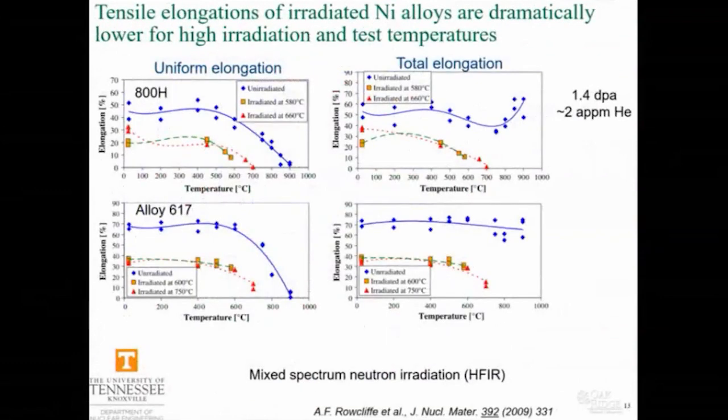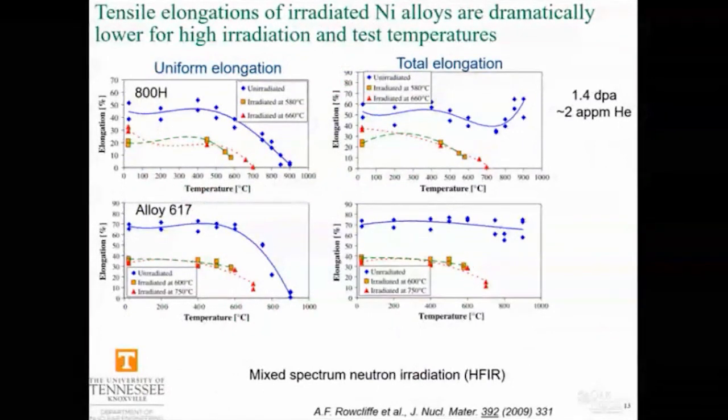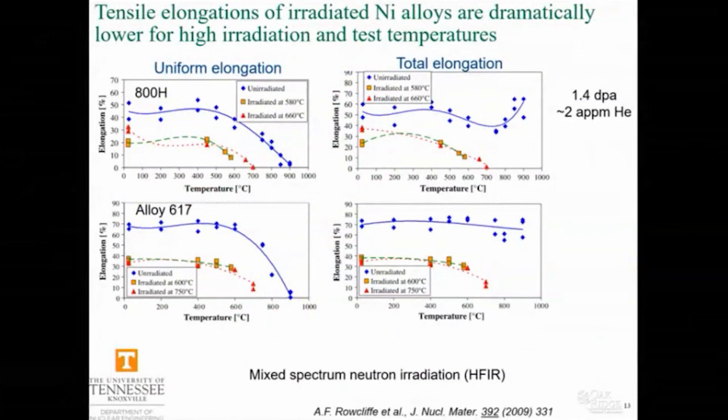Some more tensile data, about 2 atomic part per million helium, about a DPA. Again, DPA is not really the important parameter from this. So looking at uniform and total elongation for 2 different nickel-based alloys, 800H and alloy 617, the general trend in both of these, after irradiation, you have the unirradiated curve, and then after irradiation, you can see it's reduced, and it goes to around 0 at around 700 degrees centigrade or something. Again, these are tensile tests, so this is the best possible condition for these alloys, and not very much helium